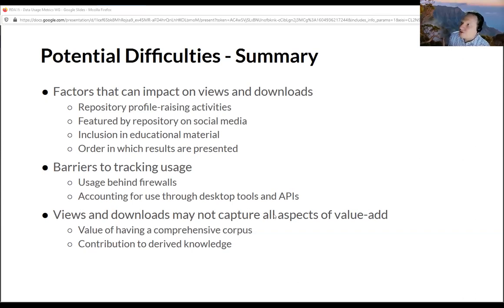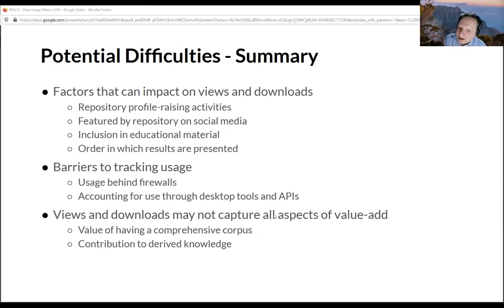But usage of resources, not just ours but others, goes beyond viewing and downloading things from web pages. In some situations, you may have people downloading the data and using it behind their firewalls. Industry in particular will often download various biological resources and set up their own installations of them. Not everything is accessed through web pages either; there are desktop tools and programming interfaces which might be using that data.